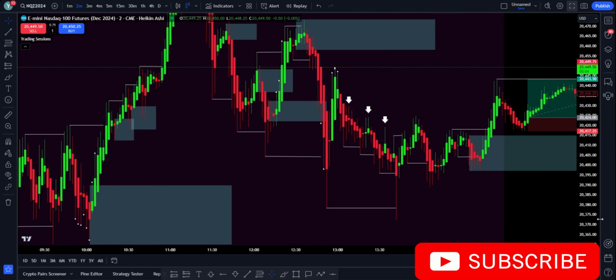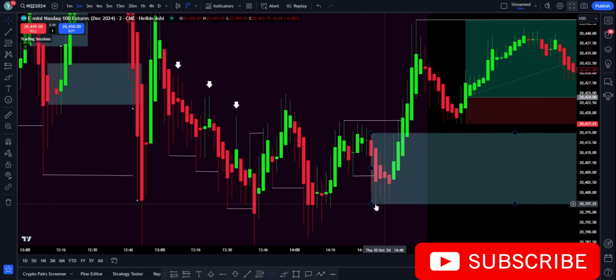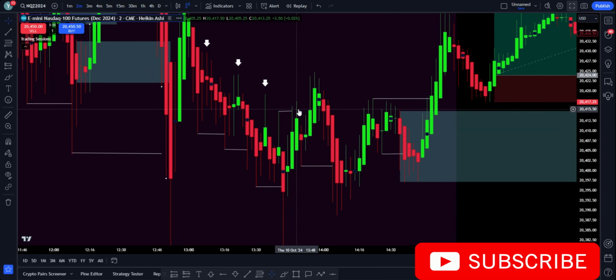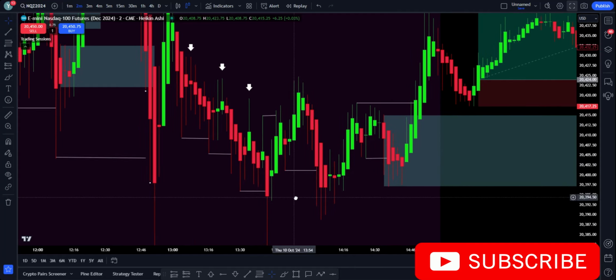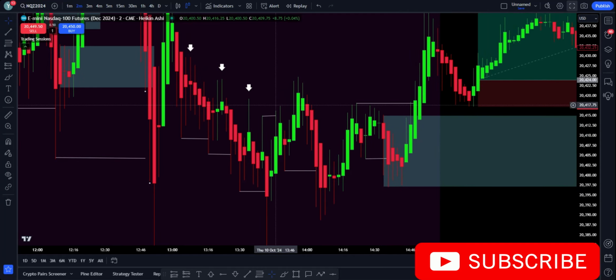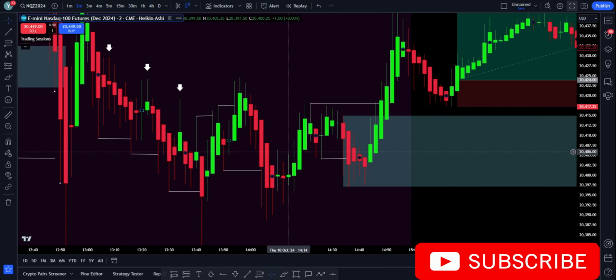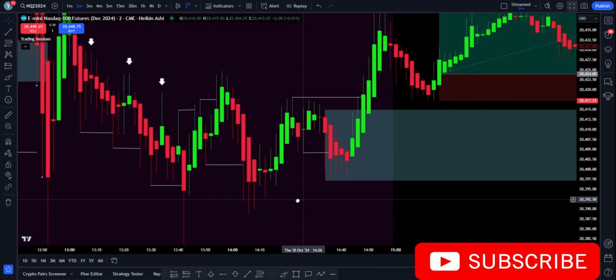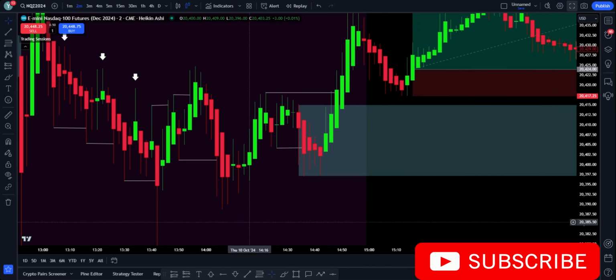Then we just had this small move that happened over here at 1:50 p.m. We had this breaker structure to the upside. We had a wick breaker structure. You draw your order block over here to see if the market holds it. So yeah, breaker structure happened to the upside as well over here. We have a candle close, so you can try to go in for a buy trade, but you would have lost this trade because I see the market push back down. So then we would have been looking for a sell